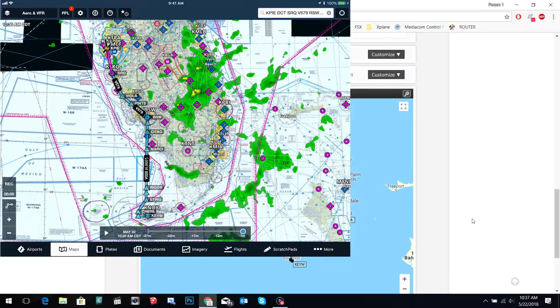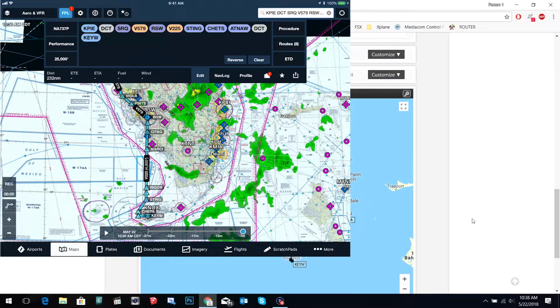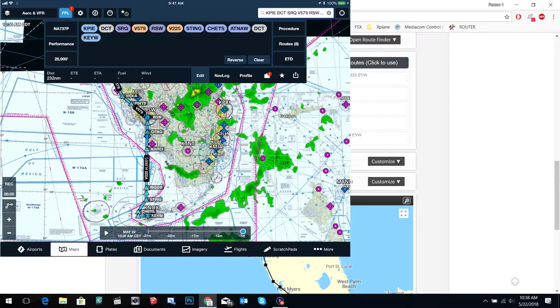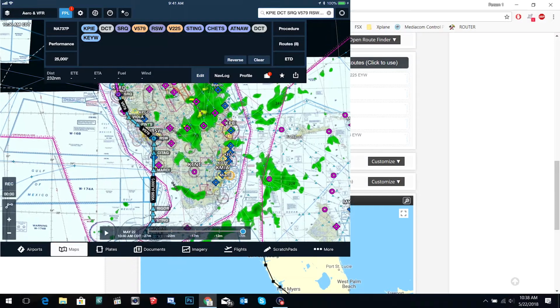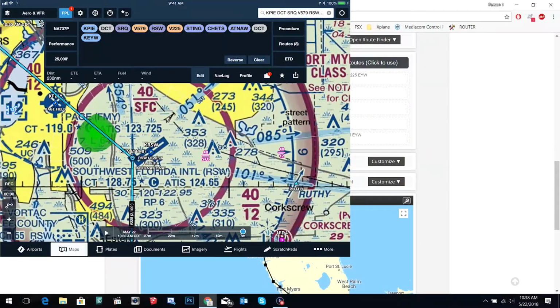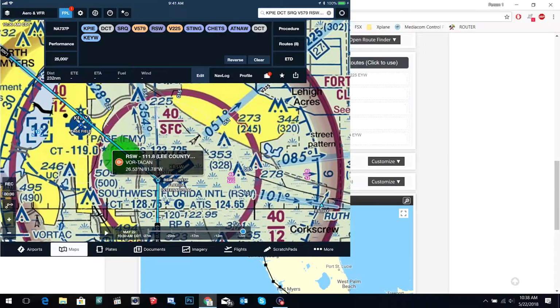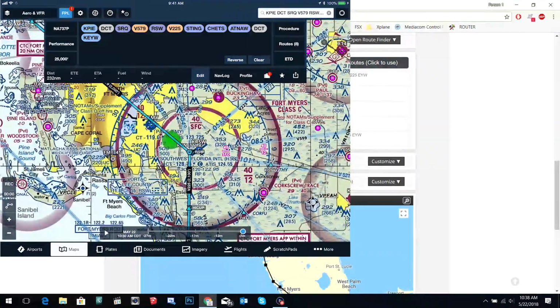As you can see, our route looks pretty similar to what I've got loaded here in ForeFlight. And if I go to flight plan, you can see what the route looks like on ForeFlight. It's pretty similar to what we have here. We're going pretty much almost direct from Pi to the Syracuse VOR, then through Victor 579 direct to RSW, which,